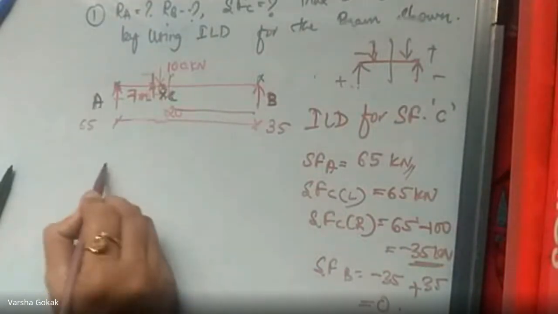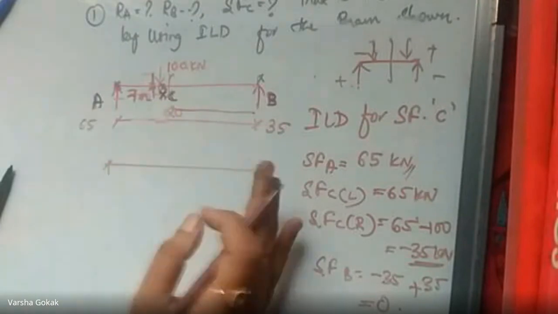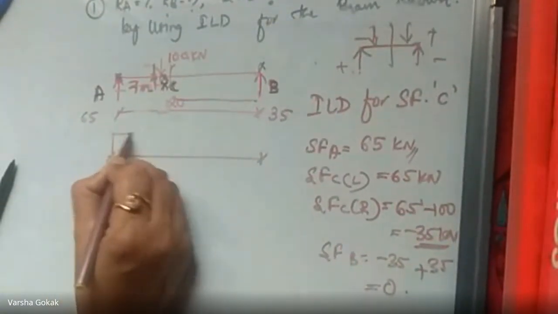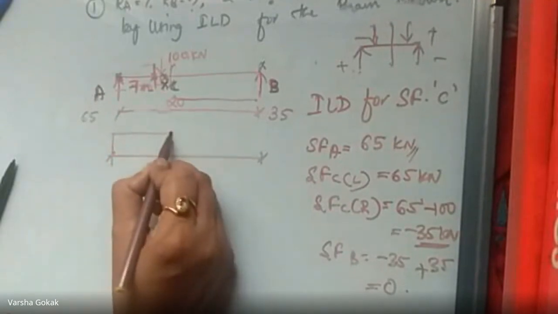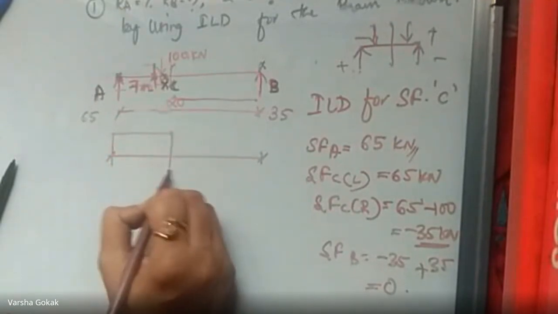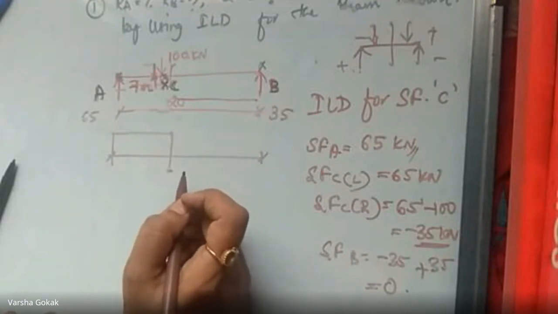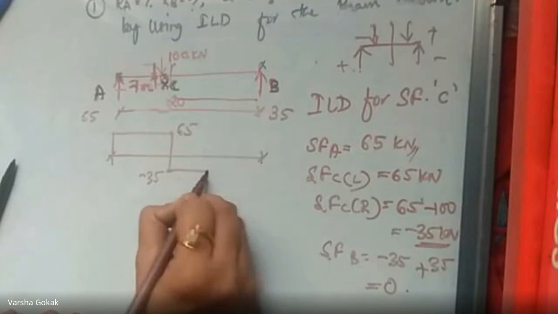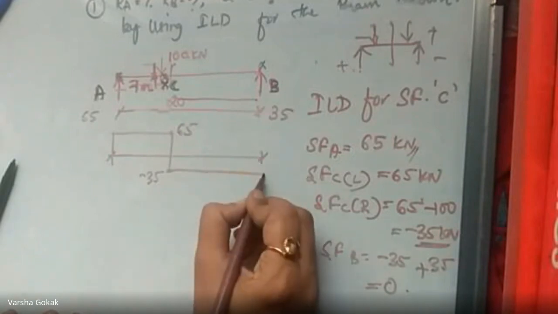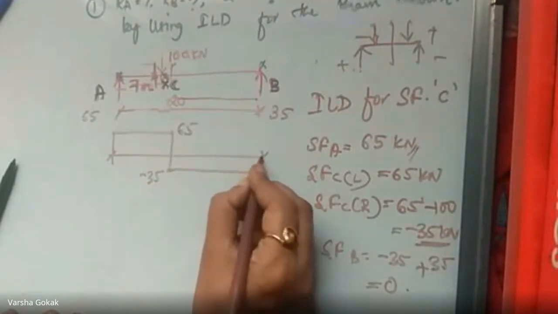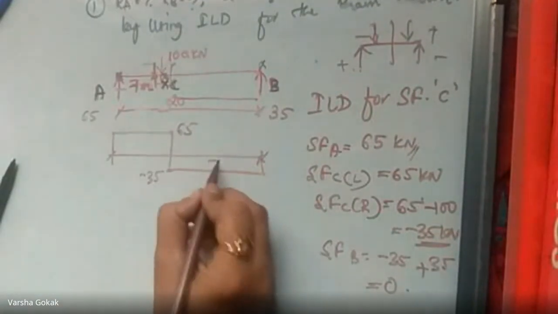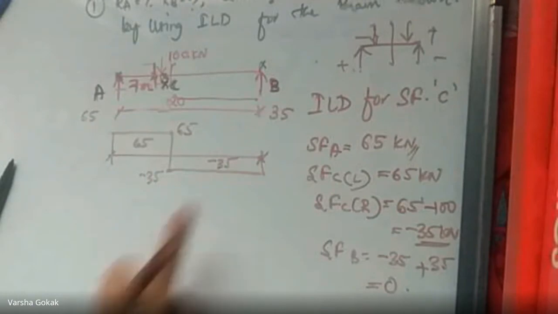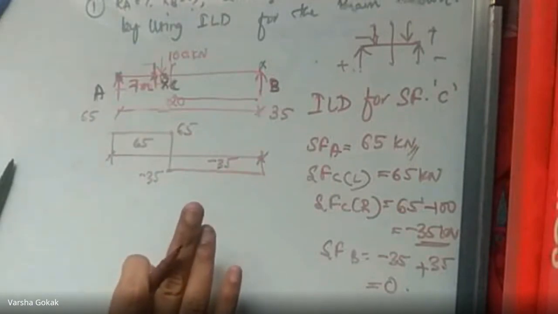So when you draw the shear force diagram, this is not ILD, I'm talking of shear force. You draw as 65. There was no load till here, it was 65. Here at C point, 100 came into picture, so it went down to minus 35. Okay, this was 65. And then again there was no load till here. And then here this RB upward force is 35, so it came and joined over here. So this value is minus 35. This value is 65. Correct? This is how you draw the shear force diagram.